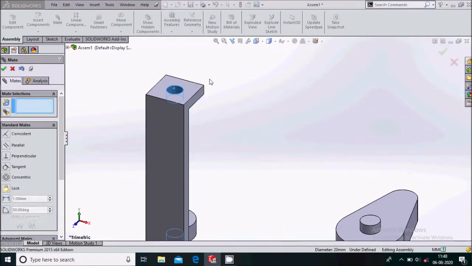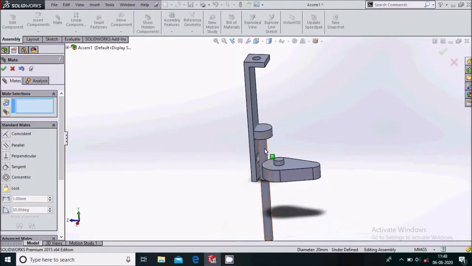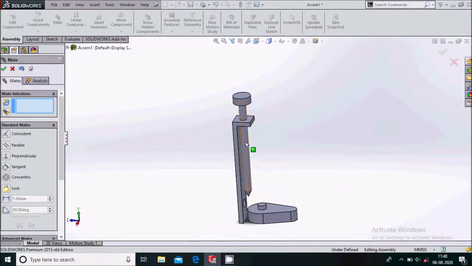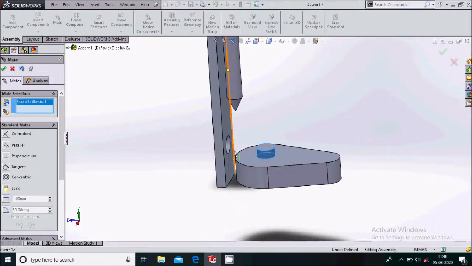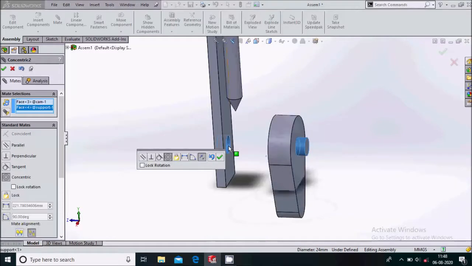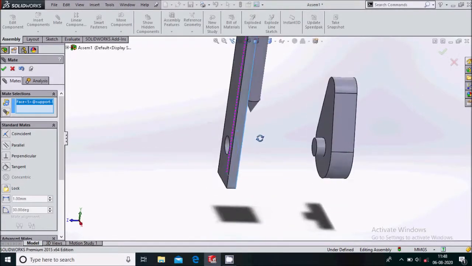Okay, so we have made over here a flip side mate, right? So we'll move it upward in this way. Now we'll select this face and this face and make a flip side mate again.